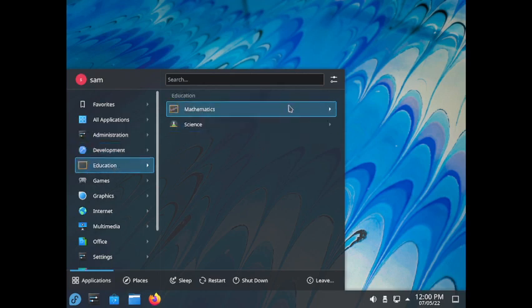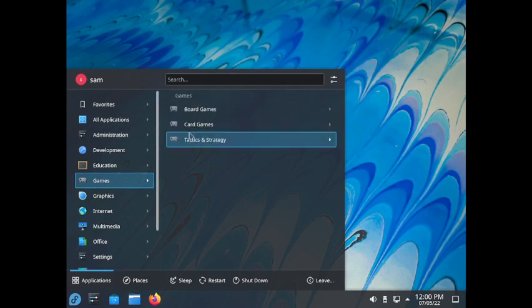Then let us go to the education. LibreOffice Math is included in the education packages, and for science there are no education packages, but yes, the education packages are available for the schools, college and the university level, so you have to install the education group from the Fedora repositories. So maybe in one video I will show you how to download and install the additional education packages to your Fedora installation. In the games, I told you only Mahjong is there,